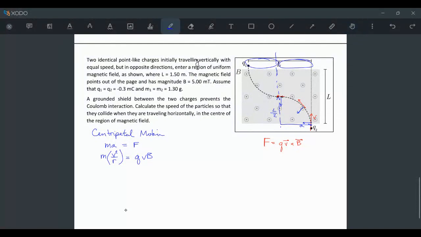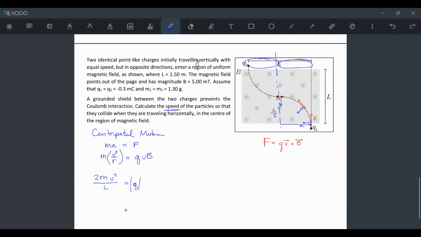And just before I go on, I've got to make sure. Yeah, so we're looking for the speed. I was looking for what is the initial speed? Have we been given the speed? We have not been given the speed because that's what we're solving for. So we have the mass of the particles. The radius we said we wanted to solve for was L over 2. So that becomes 2mv squared over L is equal to